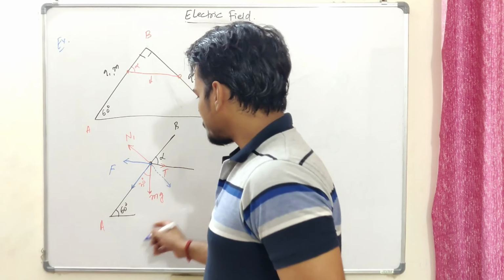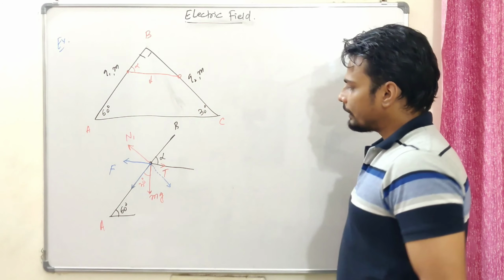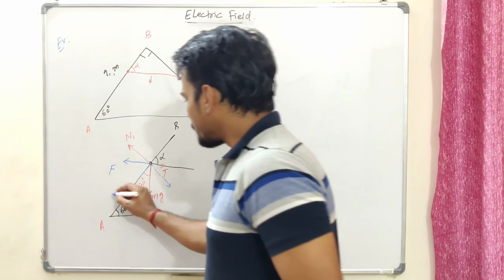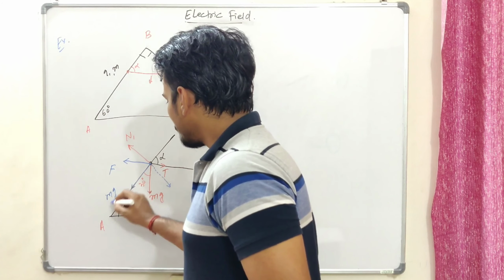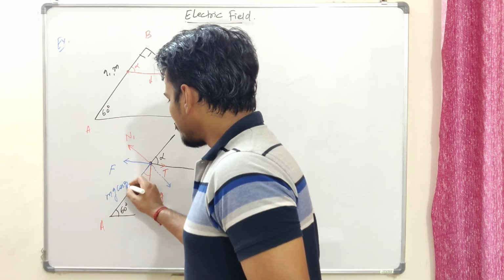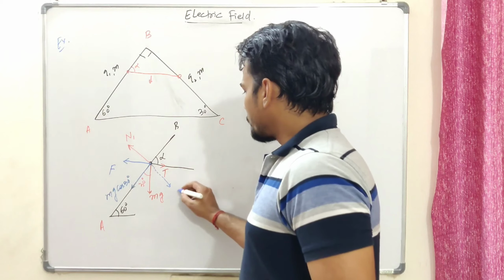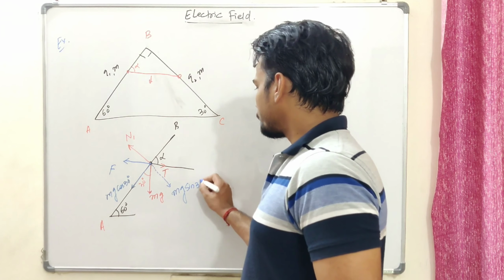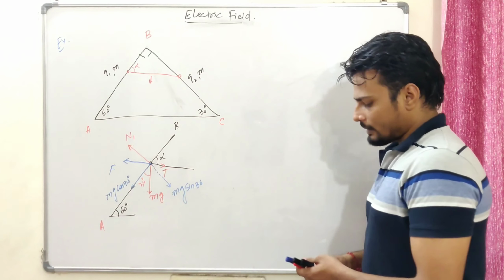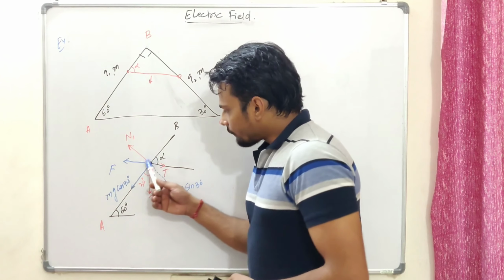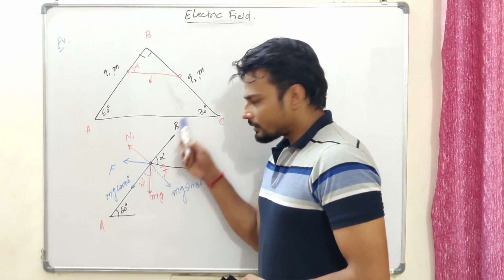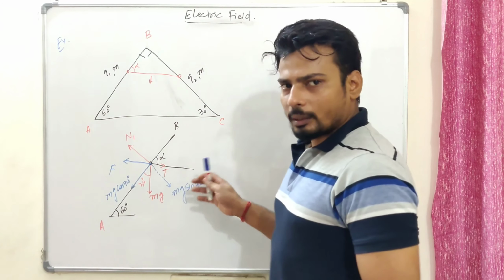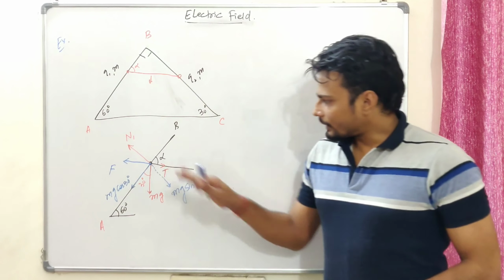let's see how the mg acts. Let's try and break the components of mg in this rectangular part. This is going to be your mg cos 30 degree, and this is going to be mg sin 30 degree. Okay, likewise we will have a component of tension along this as well as along that. So that I'm going to put in the form of equations. So that's how we can do.